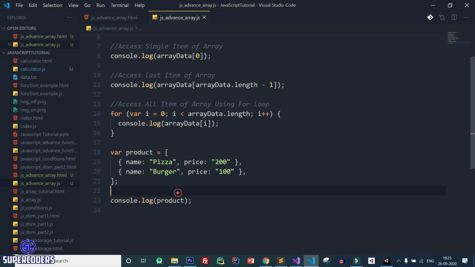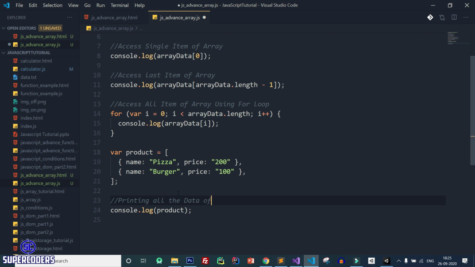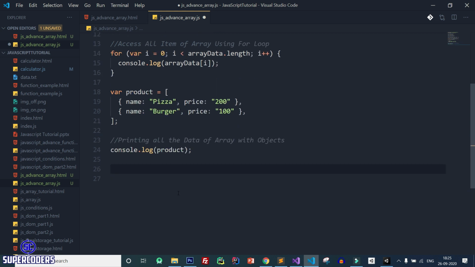So here we are printing all the data of the array of objects, the array with objects. Now let's print a single item name from the array of objects.